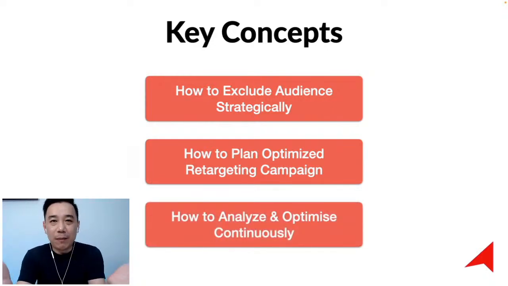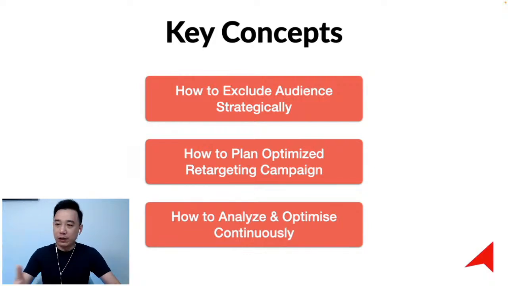How do we know if your campaign is working? How do we know if your audience is working? How do we know if your creative is working? Okay, how do we optimize when we have a good campaign? How do we actually do better with it? How do we actually get more result out of it? How do we actually make more money essentially from our campaign?